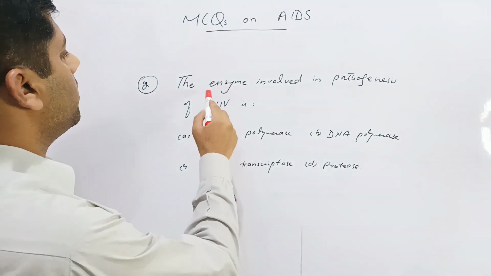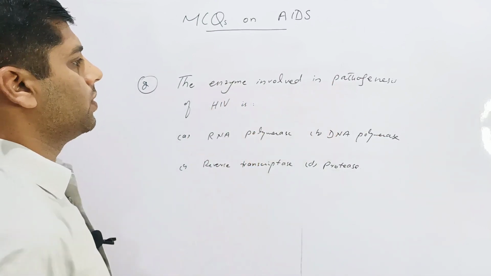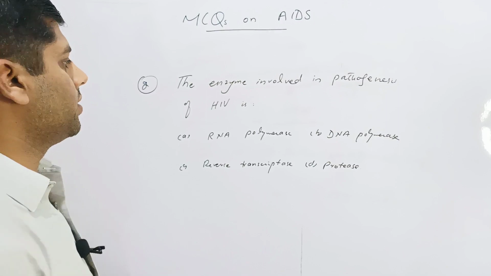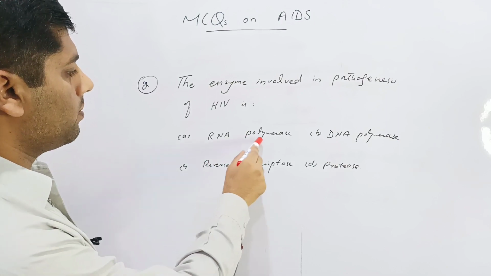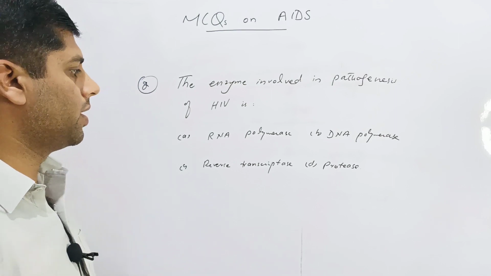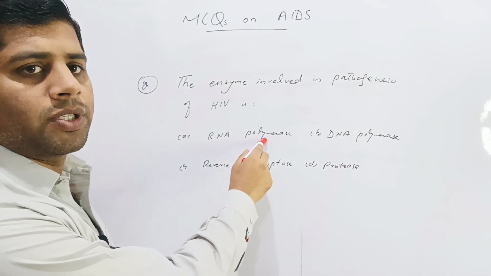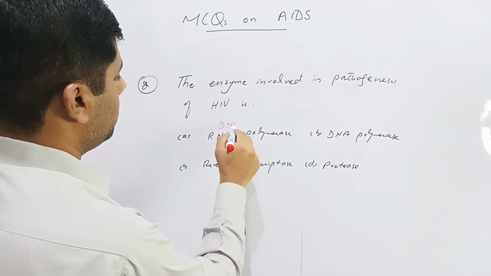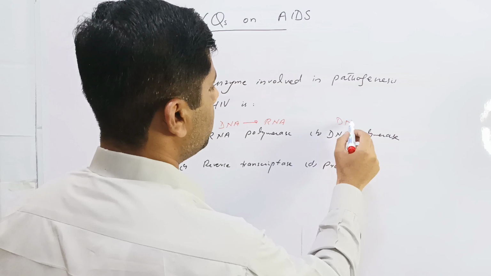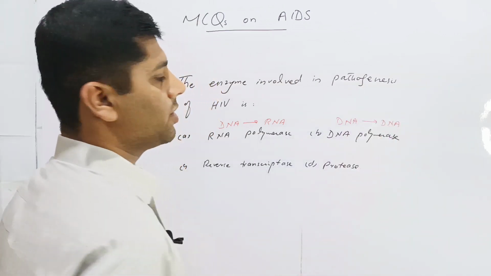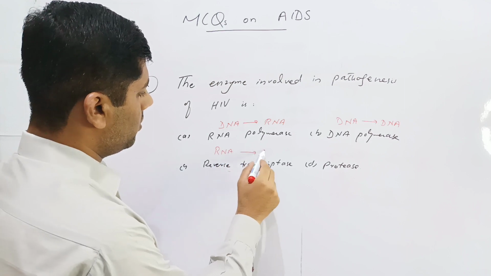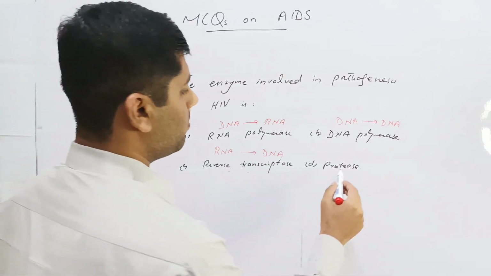Next question is: the enzyme involved in the pathogenesis of HIV is. The question is asking about the enzyme required for pathogenesis or disease onset of HIV. The options given are RNA polymerase, DNA polymerase, reverse transcriptase, and protease. So we should be aware of the functions of these enzymes. RNA polymerase is required for transcription, the conversion of DNA into RNA. DNA polymerase is required for DNA replication, that is, making copies of DNA or synthesis of DNA. Reverse transcriptase is required for conversion of RNA into DNA, while protease is required for splitting of proteins